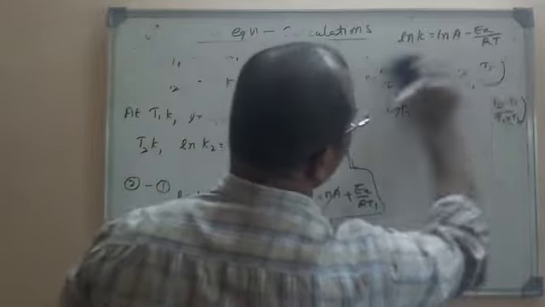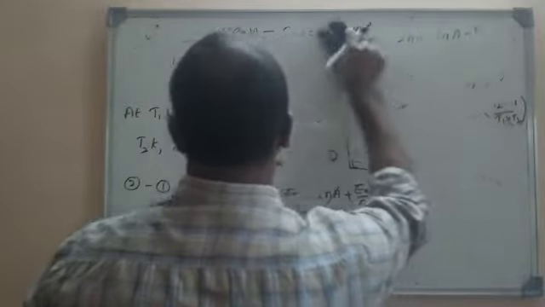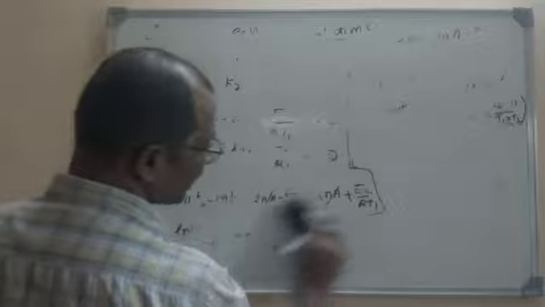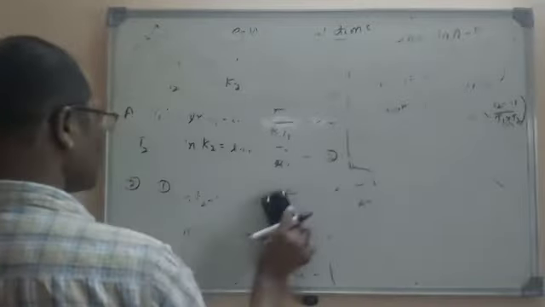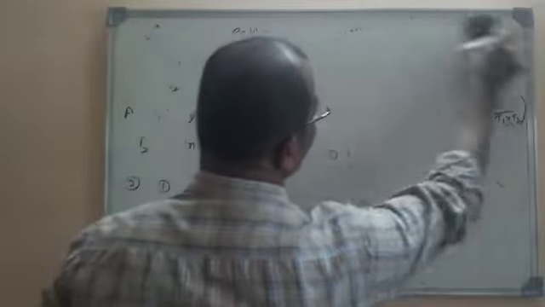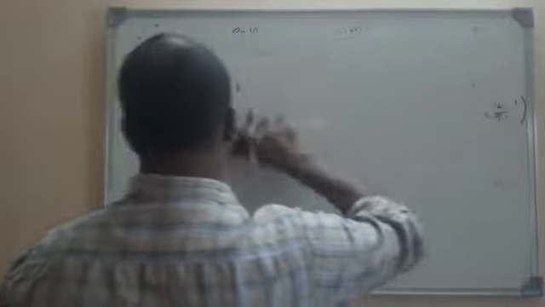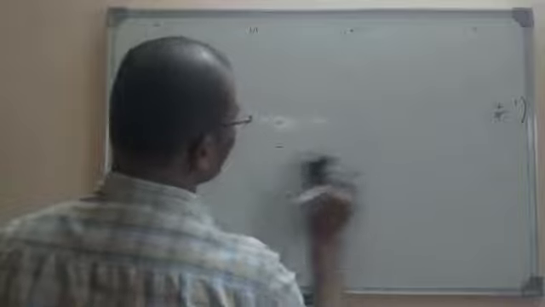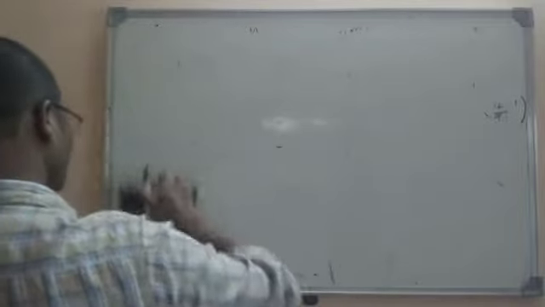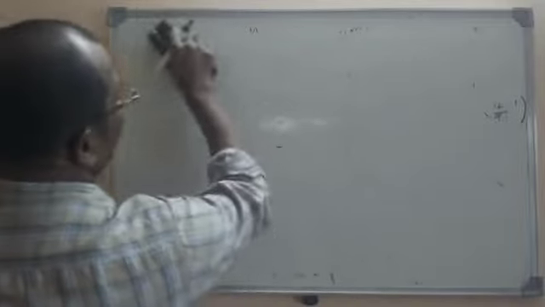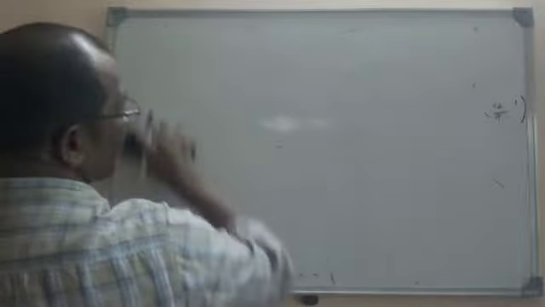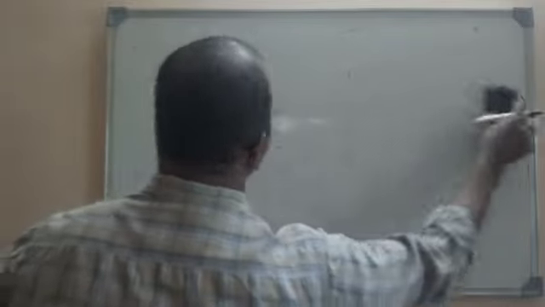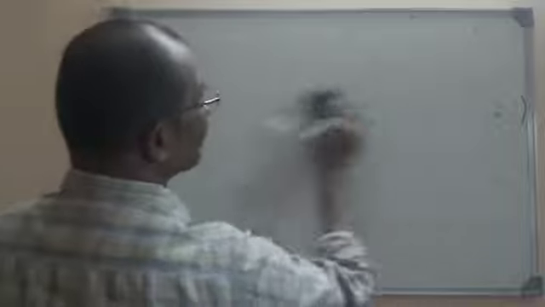So what is the final form of the Arrhenius equation here? That is logarithm of K2 by K1 is equal to EA by 2.303 R into T2 minus T1 by T1 T2. What are T1 and T2? T1 is the lower temperature and T2 is the higher temperature. And what are their velocity constants? Their velocity constants are K1 and K2 respectively. Let us do some textual problems so that we will understand in a better way.